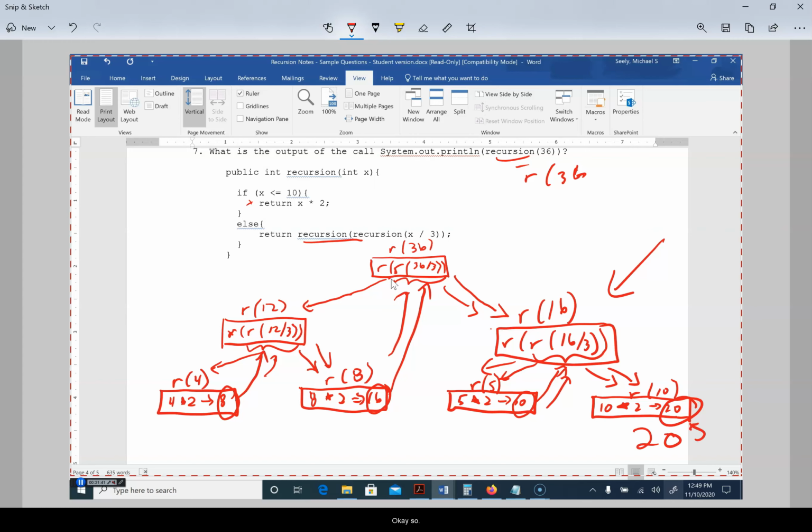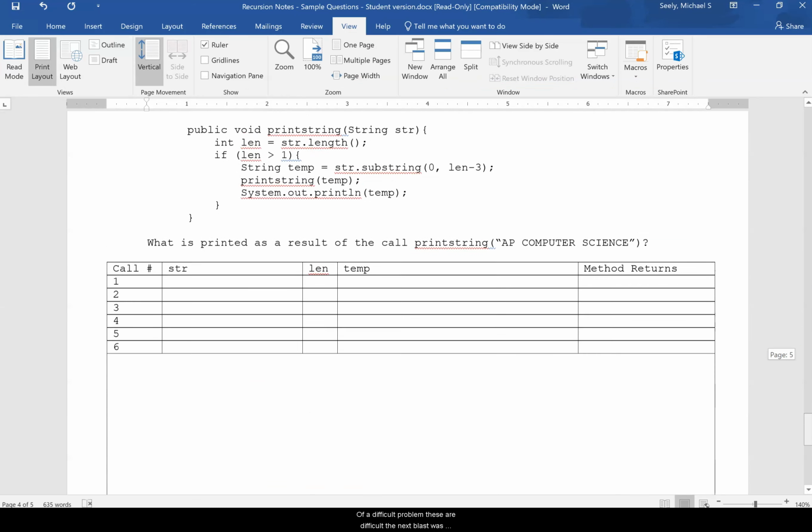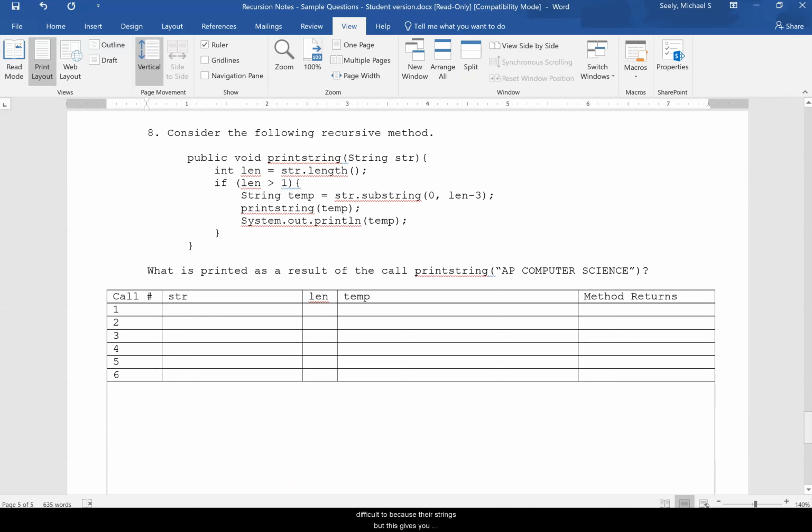Okay? So when you first see this, the first 6 I went through, those are easy versions of recursion. This is probably more like what you're going to see on the AP test. But if you use these table type ways to solve these things, it's not hard, and I'll do a bunch more and practice a bunch more with you, okay? So that's that one. But that was your first taste of a difficult problem. And these are difficult. The last one's difficult too because they're strings, but this gives you good practice with strings,